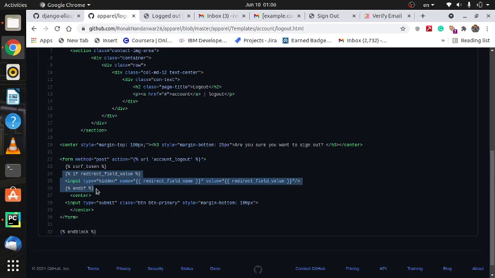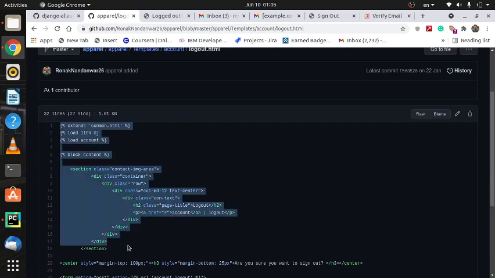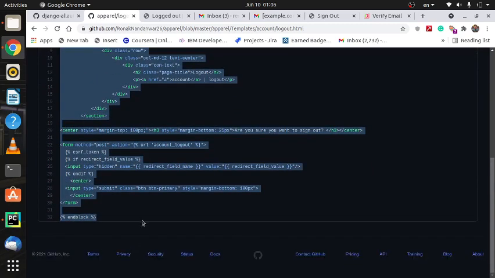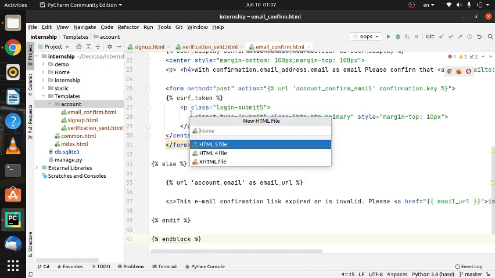Okay, so yes, I am copying it right now because the template is the same and I am teaching you right now. I already taught you how you can make this on your own from scratch. So now I'm just copying and pasting it. I need to make another template called logout.